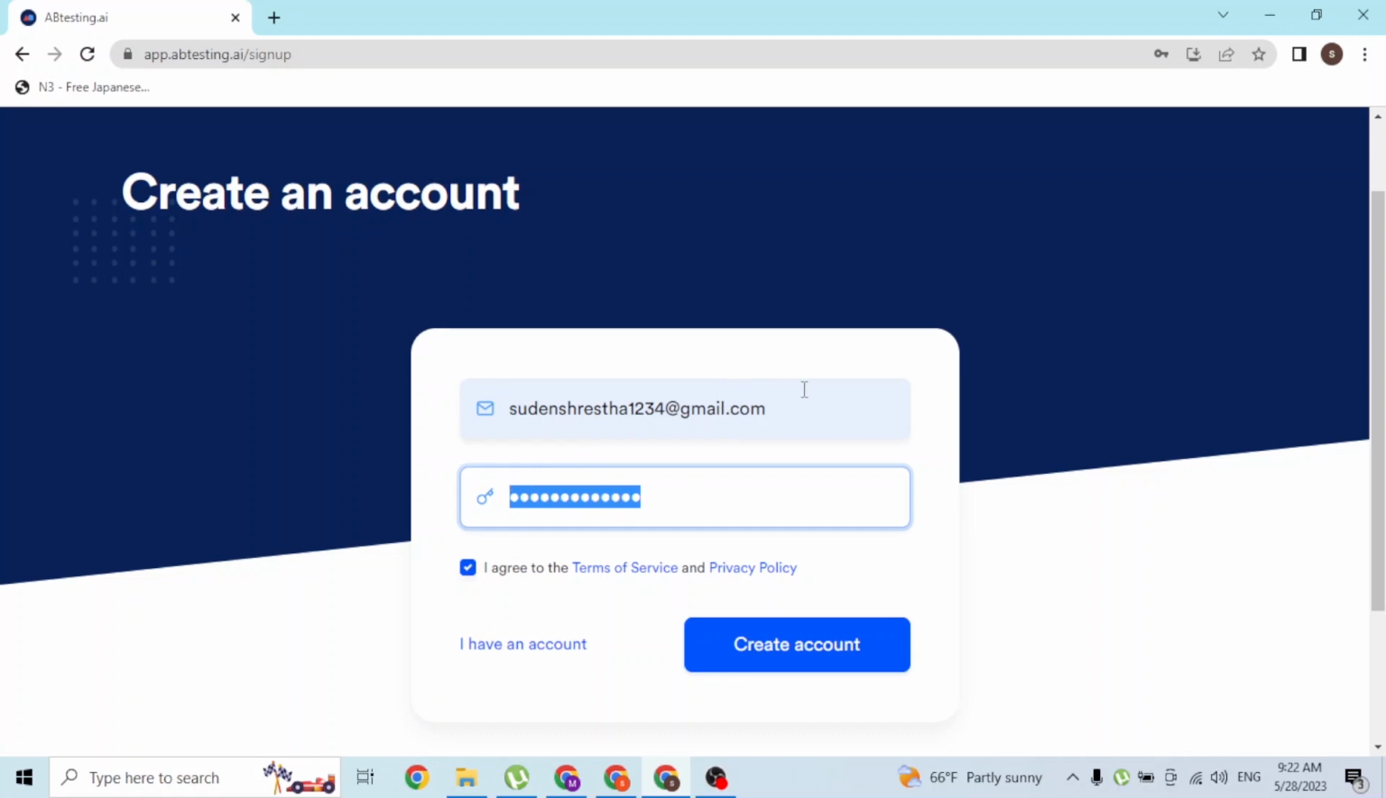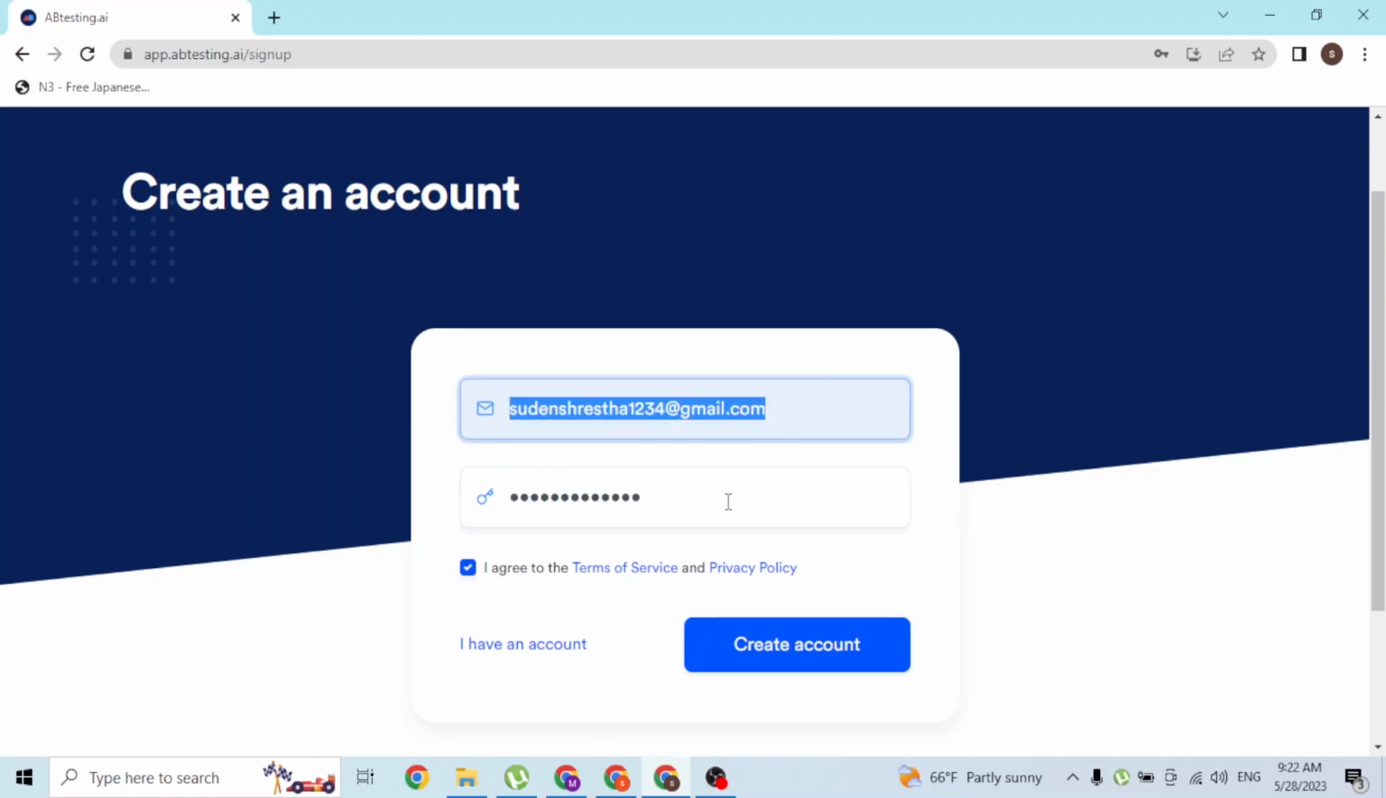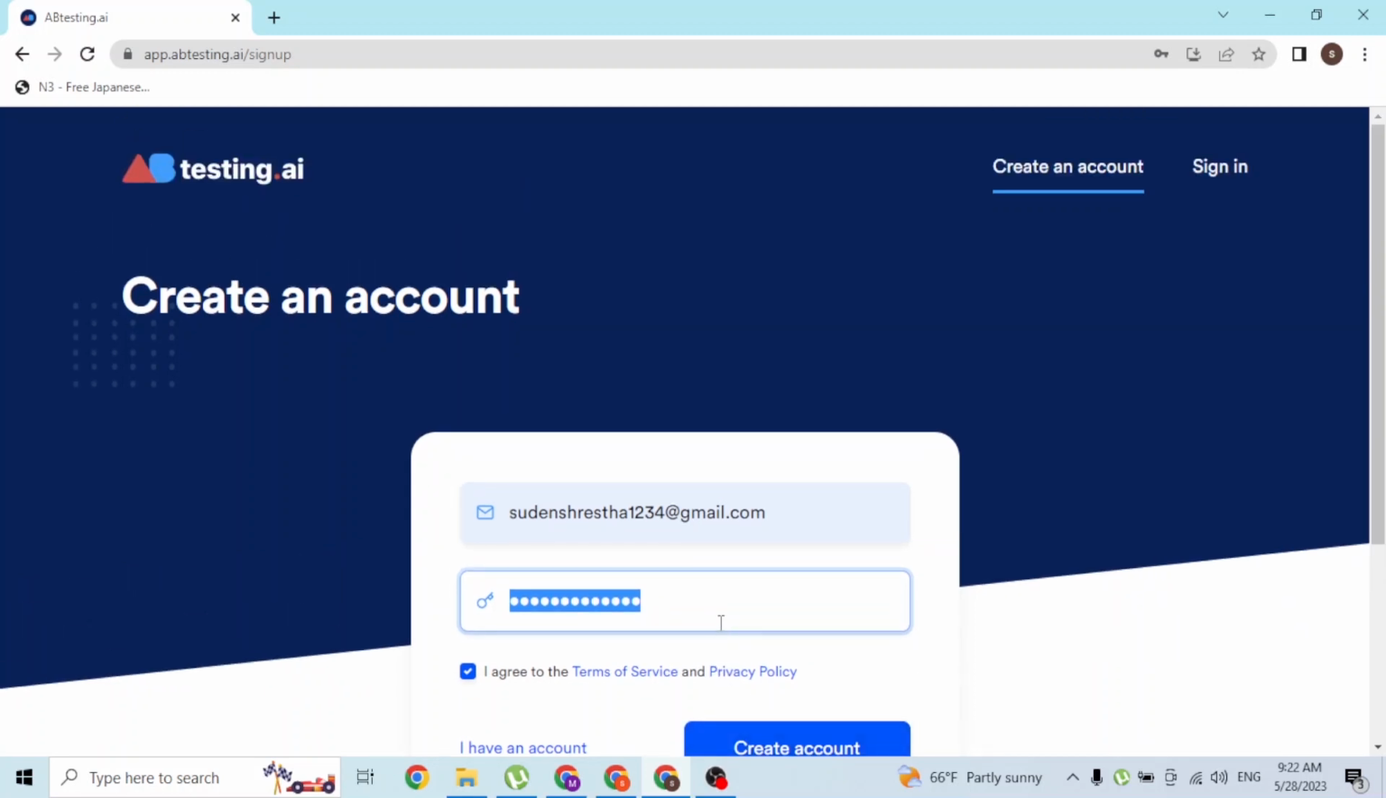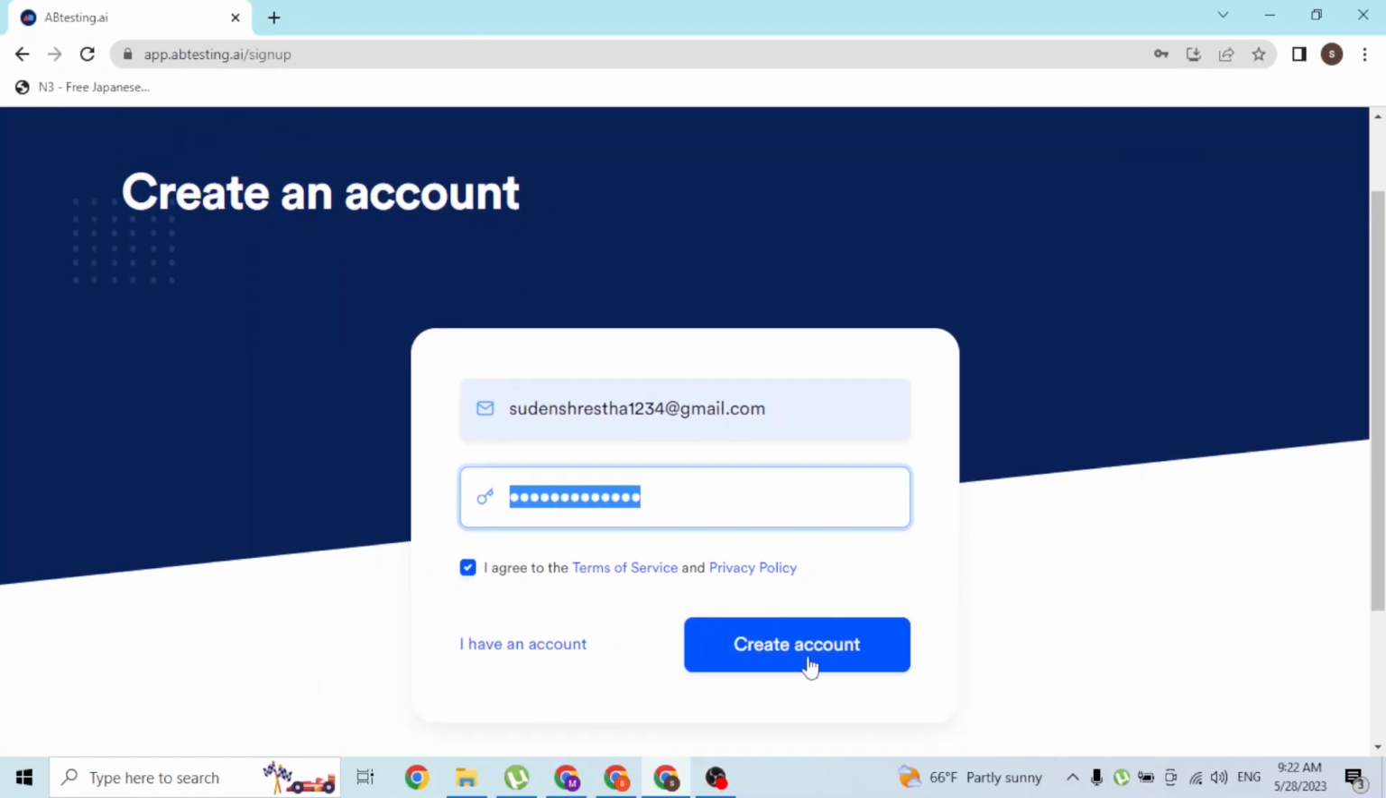And with that being said guys, after entering your email address and your password, simply click on create account, and on the next step you'll be required to verify your account and customize your A/B testing account online. And with that being said guys, after you have verified and customized your account, after clicking on the create account button from over here, you will be ready to use A/B testing on your computer. And with that being said guys, this is how you sign up for an A/B testing AI account online on